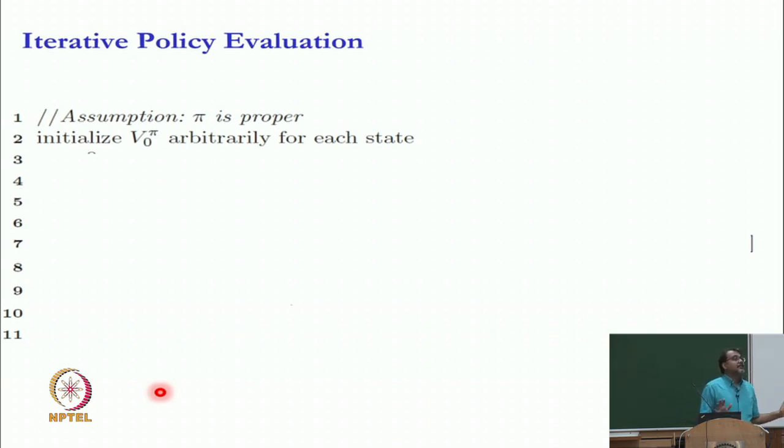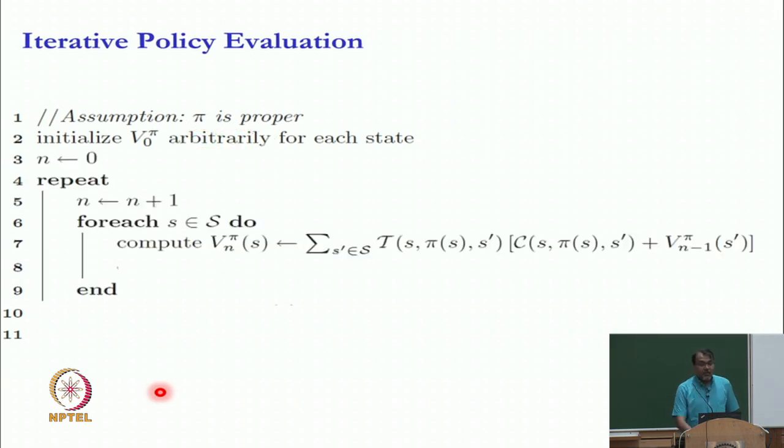It does not matter. The algorithm is so robust that you can give it any initialization and it will work. Make sure the goals are 0. Don't mess with the goals. So, value of goal is 0, everything else you can initialize as you want. Then what you do is you repeat the following steps. In every iteration n,